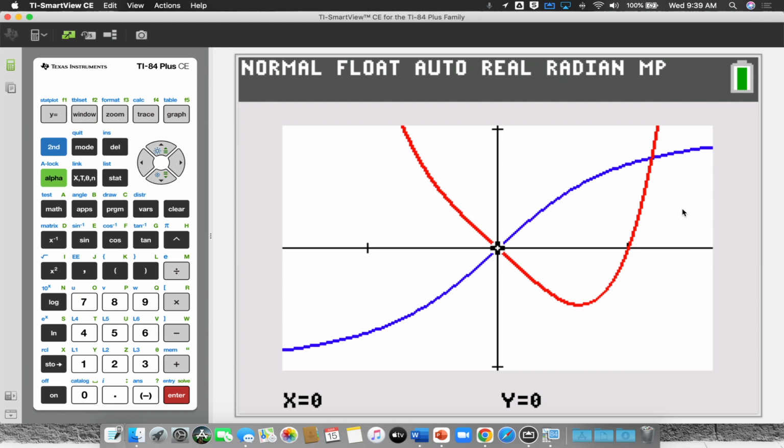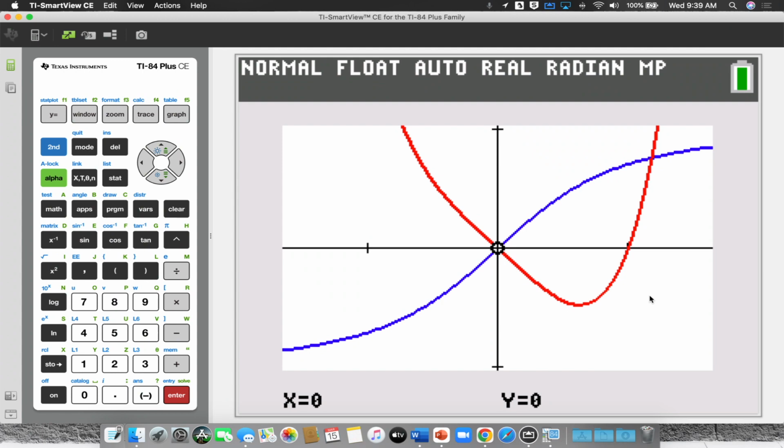The blue one. Okay, but which one is the blue one? F or G? F of x. F of x, the square root one. The square root one is the one that kind of looks like an S, the blue one. The one that looks like an S, that is the other one. Anything to the fourth power kind of looks like a W parabola kind of thing, so that's the